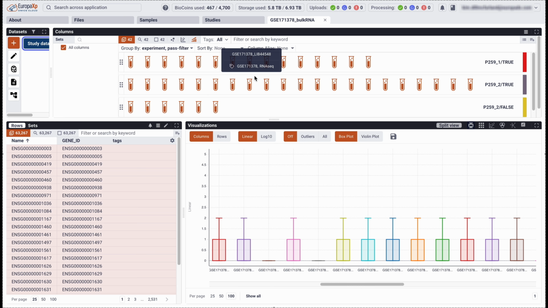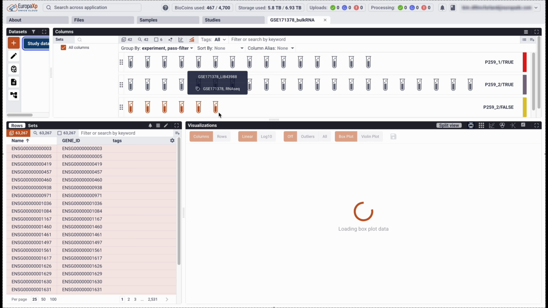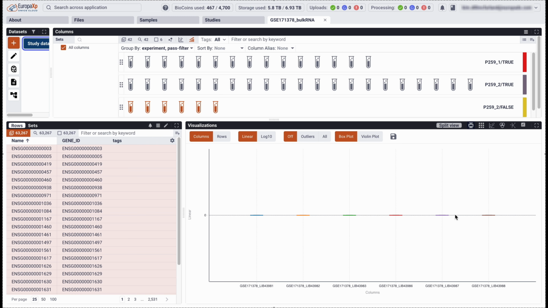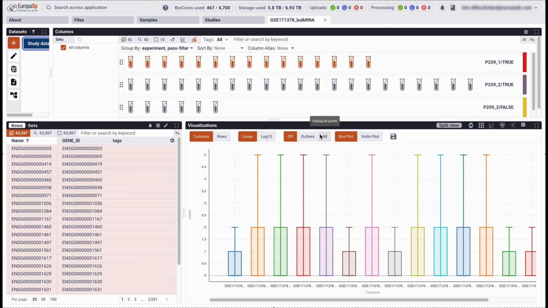Deselecting all and then selecting just the failed samples, we now note that these are the ones we saw in the box plots with very low expression. So they will not be included in analysis, similar to what was detailed in the original study. Next, we select samples that pass filter in the first experiment. To subset to these data,